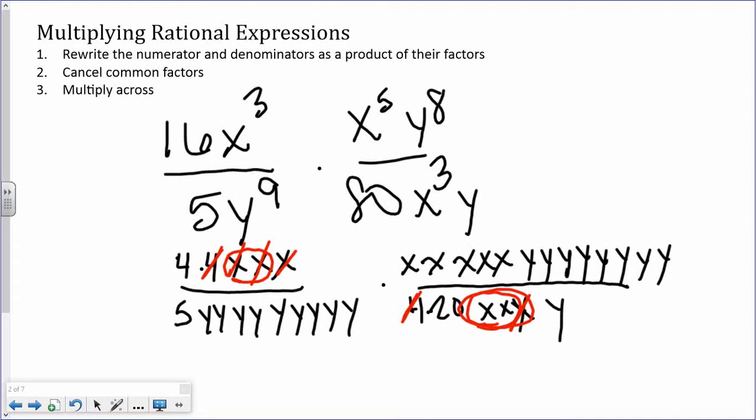Now you'll see I have 8 y's. I can cancel this y with one of these 8 y's. And then I have 9 y's on the left side, and I have 7 y's left. So each one of these is going to cancel with one that's diagonal from it. So I'm going to go one at a time, crossing things out. And what I'm left with